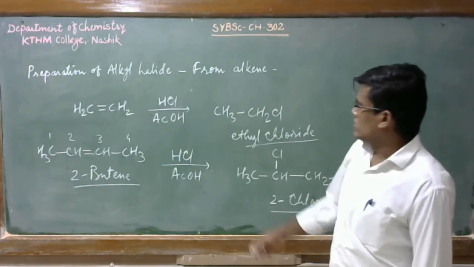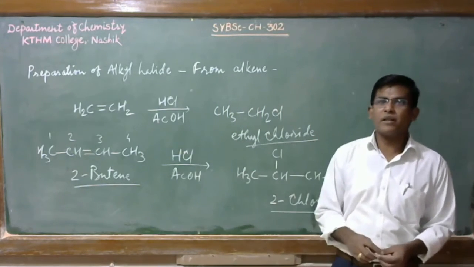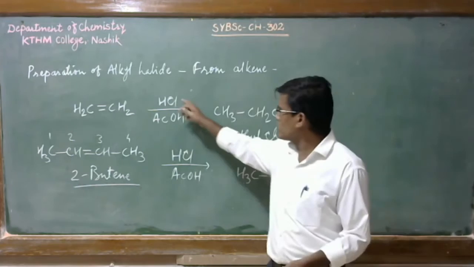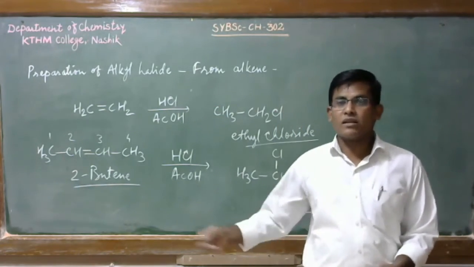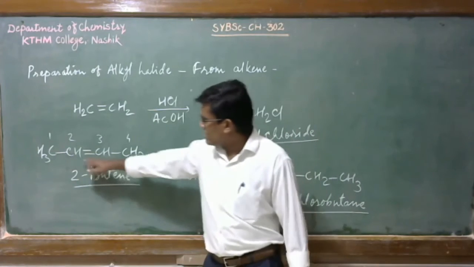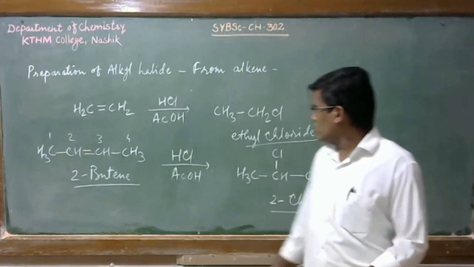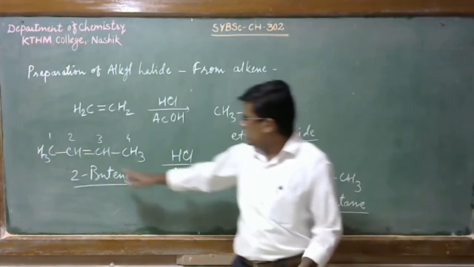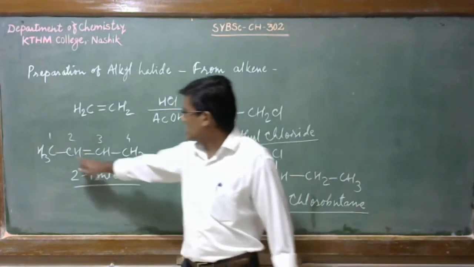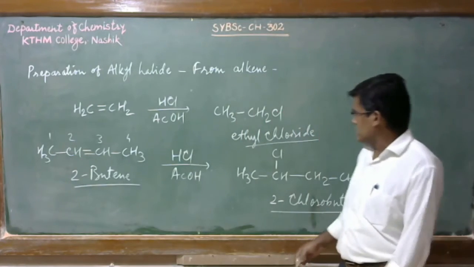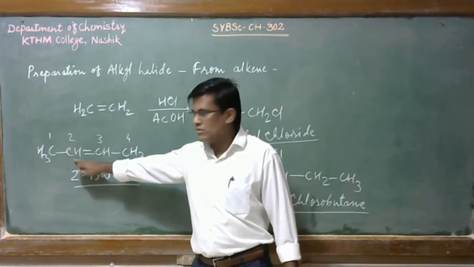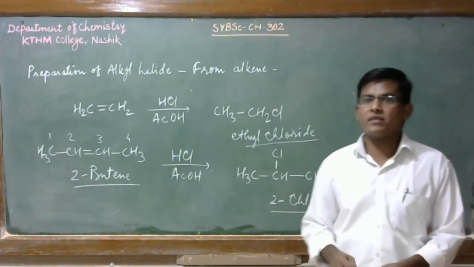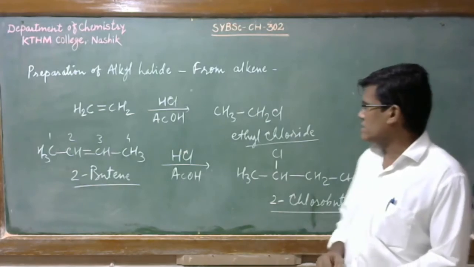Here you can see the symmetrical alkene. One hydrogen adds to one of the carbons, and the chloride ion adds to the other carbon. If we add hydrogen at this carbon and chlorine at that carbon, or even hydrogen at the other carbon and chlorine at this one, the product will be the same, since this alkene is symmetrical. So let us have its mechanism.